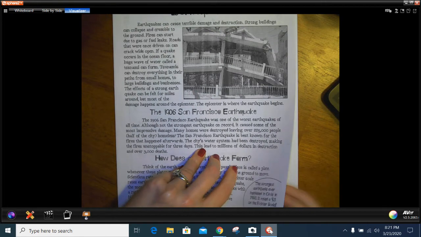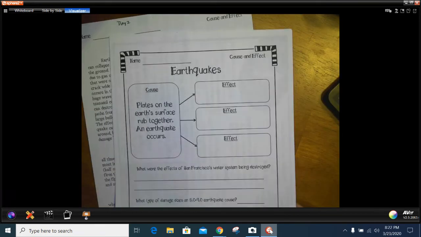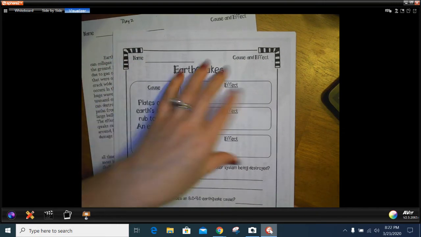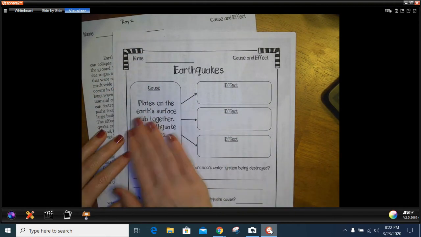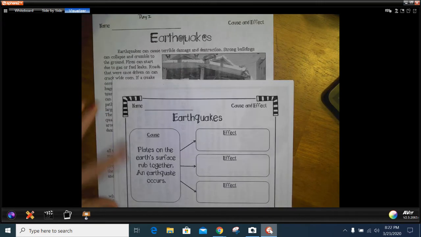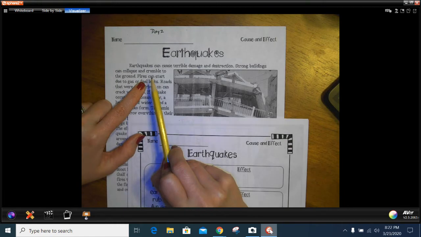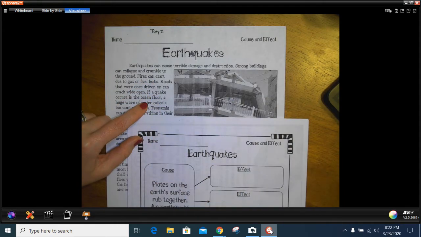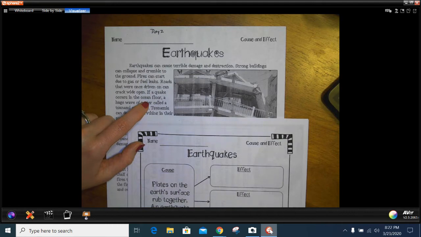Okay, so let's see really quickly what we've got over here. I love this graphic organizer, guys. So nice. Cause and effect, okay? This is what happened, and these things were in effect. They happened because of this happening. So here we go. Plates on the Earth's surface rub together, an earthquake occurs. And so what else can happen? I can recall going back into my very first paragraph, there were actually quite a few different effects that happened on Earth because of an earthquake happening. So some examples of effects that I would take out of here, guys.